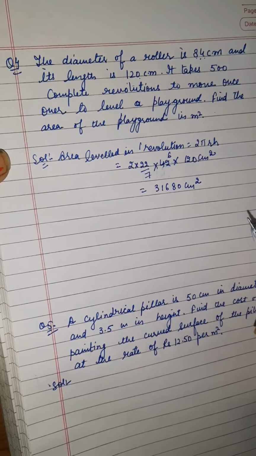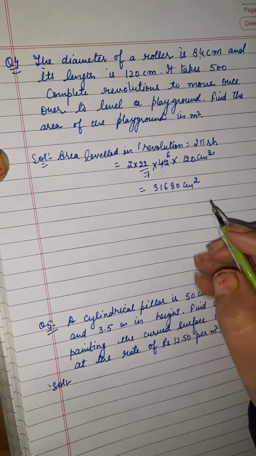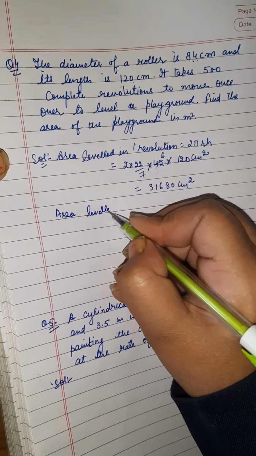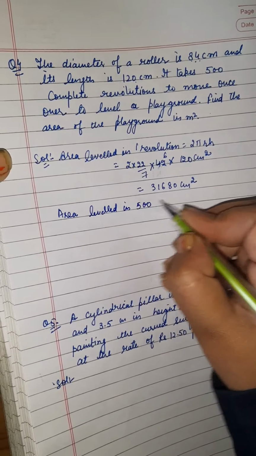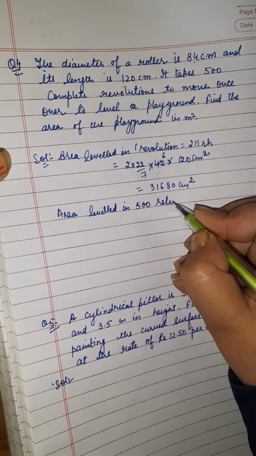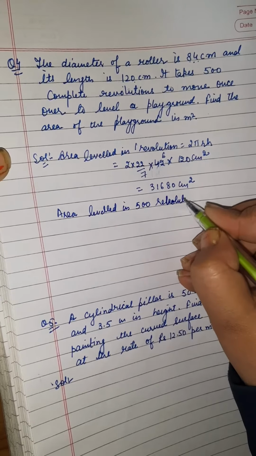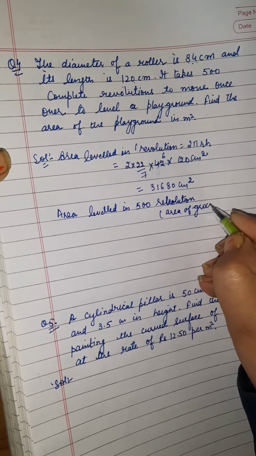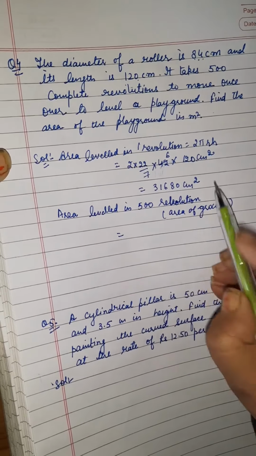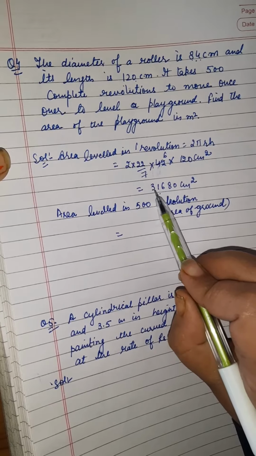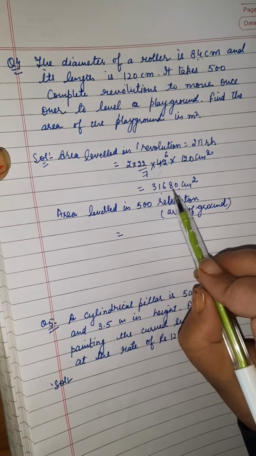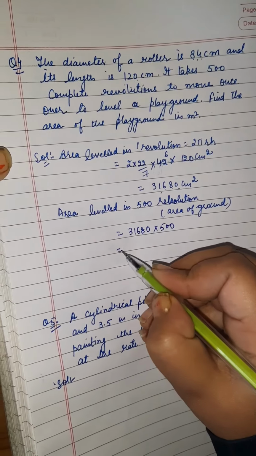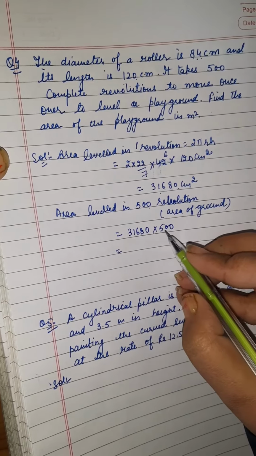The area leveled in 500 revolutions is equal to the area of the ground. Now, area leveled in 500 revolutions is equal to the area of the ground. In 1 revolution, the area covered is 31680. In 500, we will multiply. Then we get